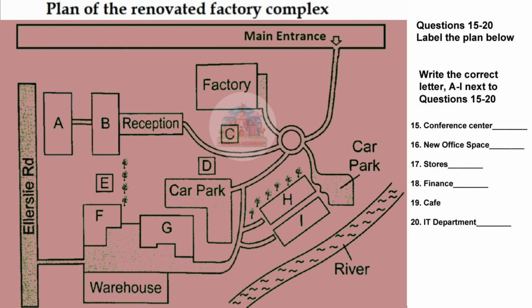Now, what about the new office space? As you know, the offices used to be in that large building right alongside Ellerslie Road, and that could get a bit noisy at times. So what we've done is move the office space further away from the road, into the building that directly joins on to reception. This should mean employees can benefit from a quieter working environment, as well as the other improvements